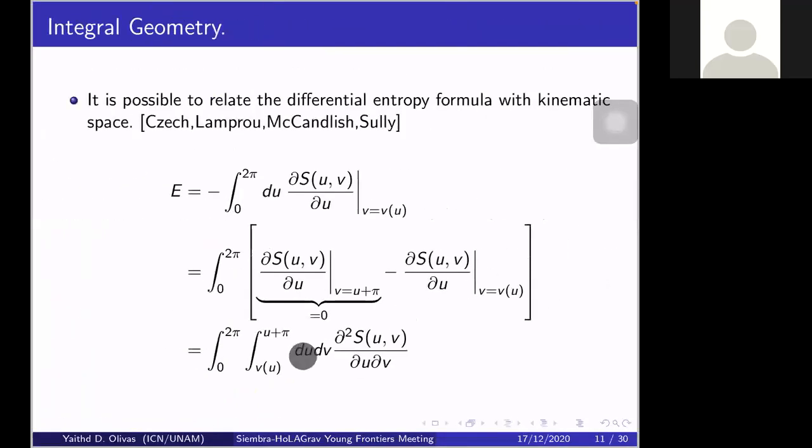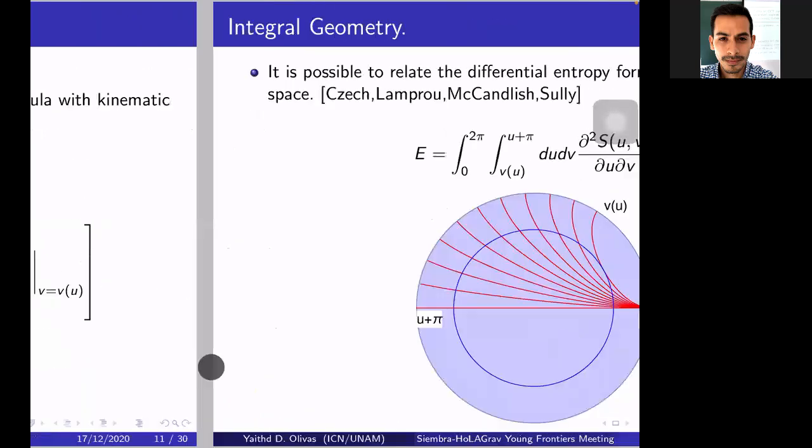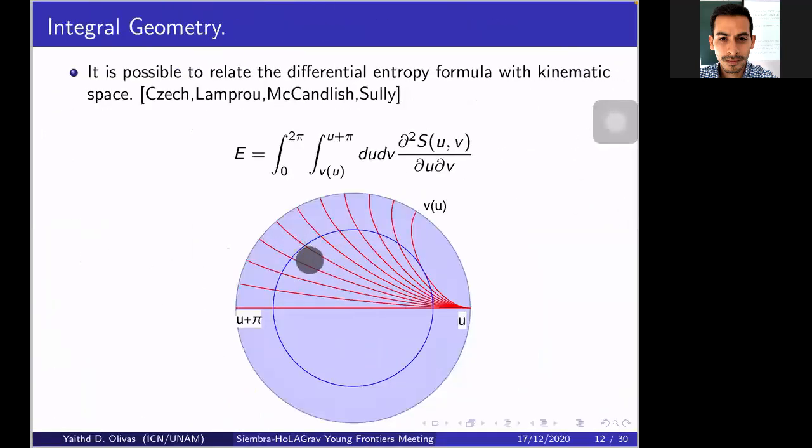So we end up with this formula right here. And what we have here, let me just put a figure in the next slides. We would like to interpret this formula. What this is telling us is that we are integrating over a volume in kinematic space. Why kinematic space? Because given specific values of U and B, we can specify only one geodesic. So in this case, we are integrating over this kinematic space.